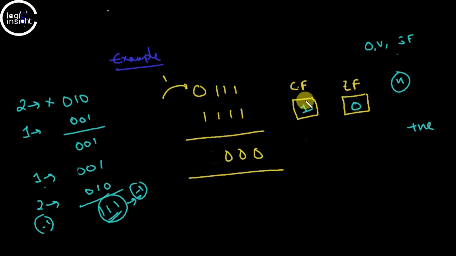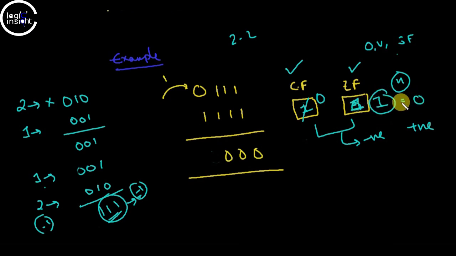So we can say that if the carry flag is 1 and the zero flag is 0, then it is a negative number. Okay, so I'm giving a gist. It depends on the processor, right? And if this value is also 1, for some example like 2 minus 2, then I'll get the zero flag as 1 and the carry flag as 0, which makes us know that the value is 0. So we'll get back to the question there.